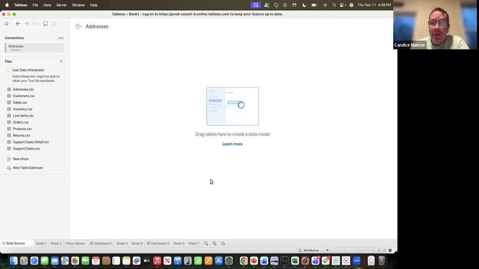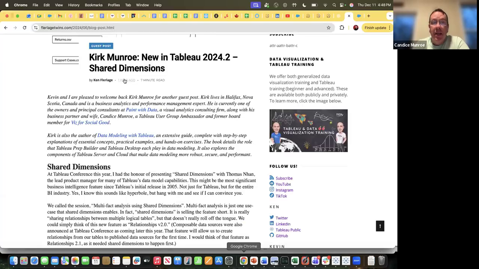So first off, this feature originally was called shared dimensions. So you can think about it really as shared tables. The point is you want to be able to build a model where you can share tables across different other tables to create joins. The reason you would want to do this, and you'll see here that I wrote about this back almost 2 years ago in the Flairless Twins blog. And it was shortly after Thomas Nan, the senior product director, and I did a presentation on it at Tableau